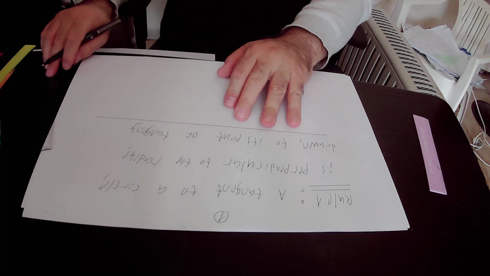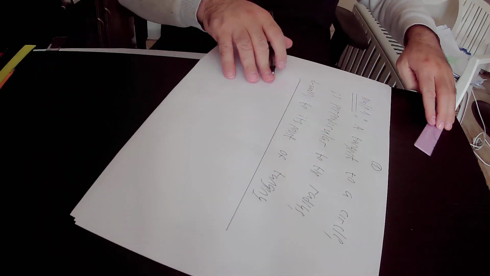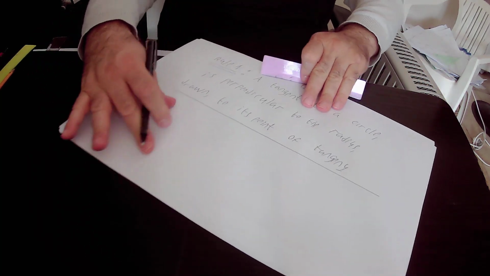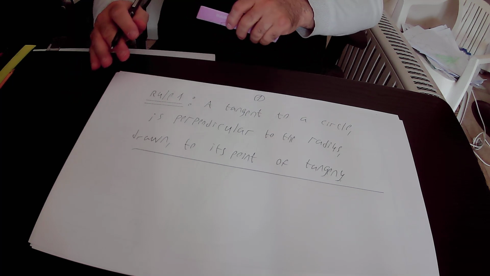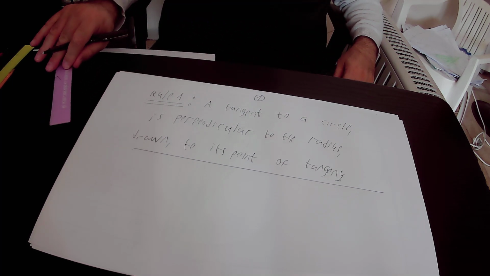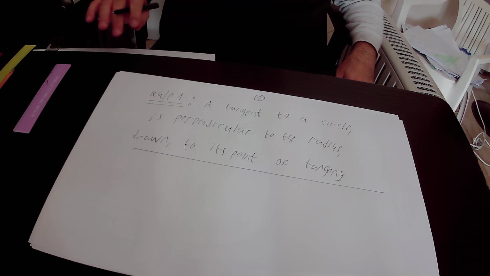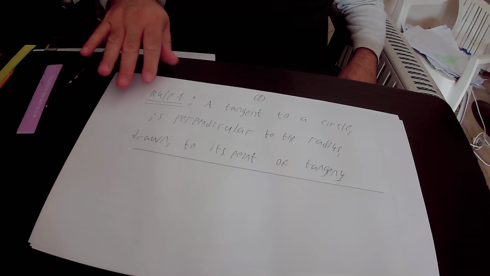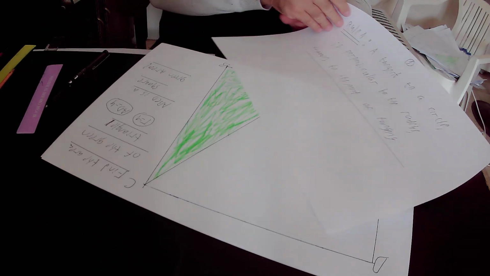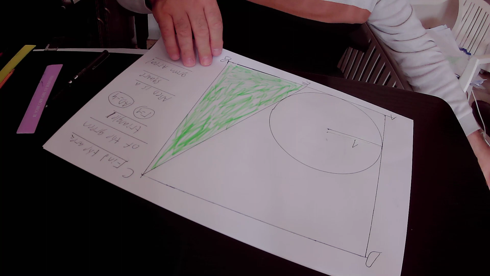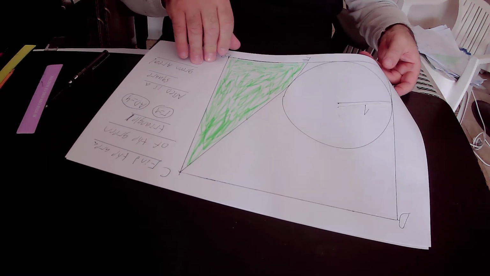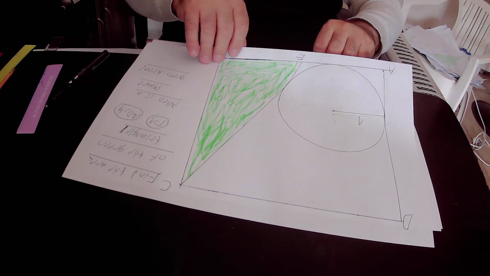So I will read rule number 1 again. According to rule number 1, a tangent to a circle is perpendicular to the radius drawn to its point of tangency. So what is the meaning of rule number 1? The meaning of rule number 1 is that if you have this circle